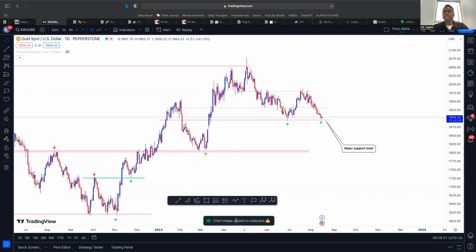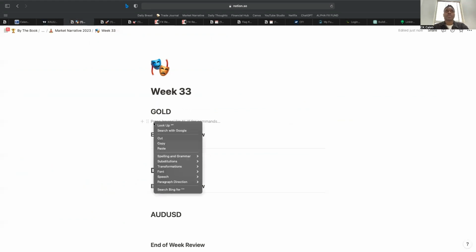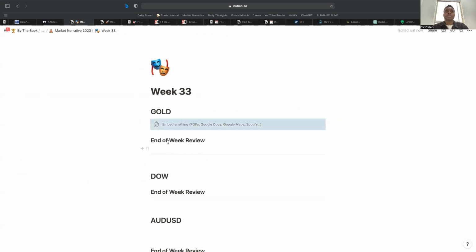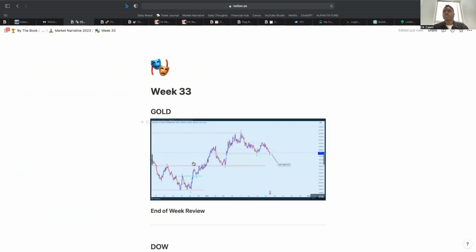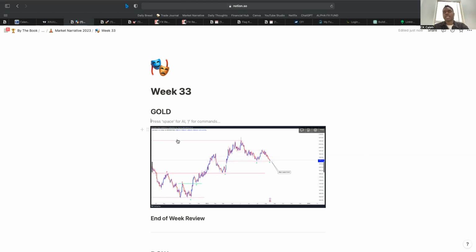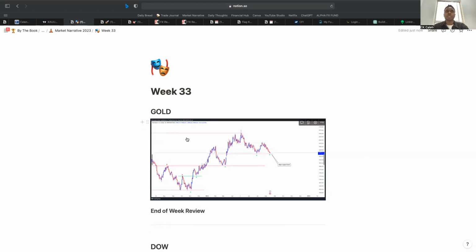Copy image, it says copied on clipboard, and then I come back here on gold, right click and paste my image. So my image is going to form there. It's personal, you can write above it or below it. I like writing mostly below it. So I'll come and say, in the chart above, I am watching